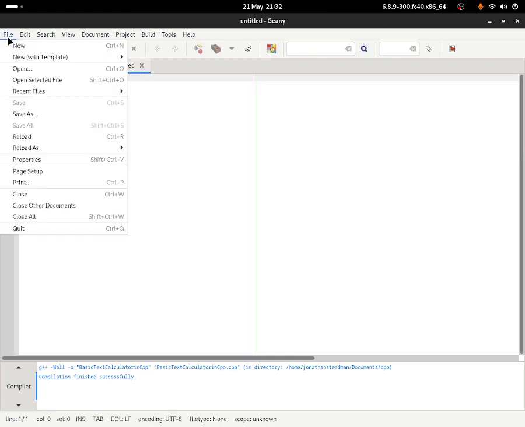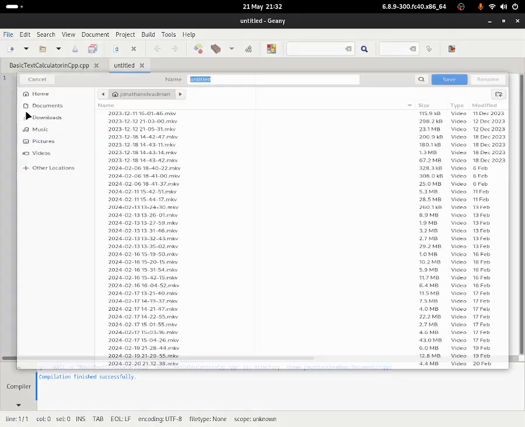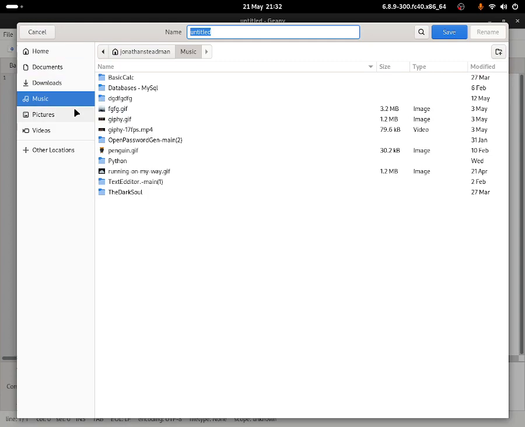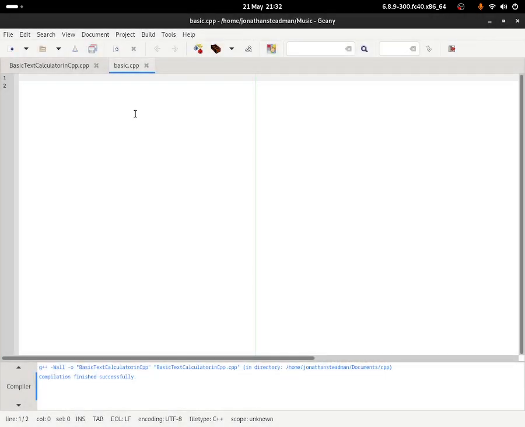I'm going to click on save. I'm going to go into the music directory. If I call this one basic.c++, as you guys can see, I was able to save it. What I'm going to do firstly is include the library. Now this library will allow me to use the cout and cin commands. So for example, if I do include